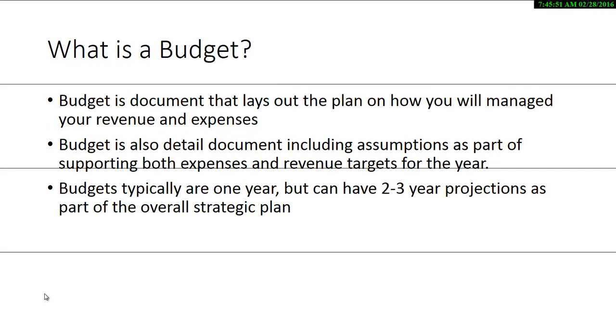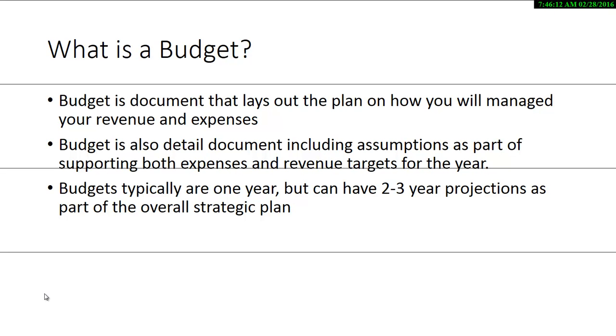So what is a budget? Well, it's a detailed plan of how you're going to achieve goals and the objective for the year. So it basically has revenue and expenses. In the case of business, it's got net income. In the case of government, it's got basically a surplus or a deficit. In the case of a household budget, it's basically your cash. What's your cash left over?